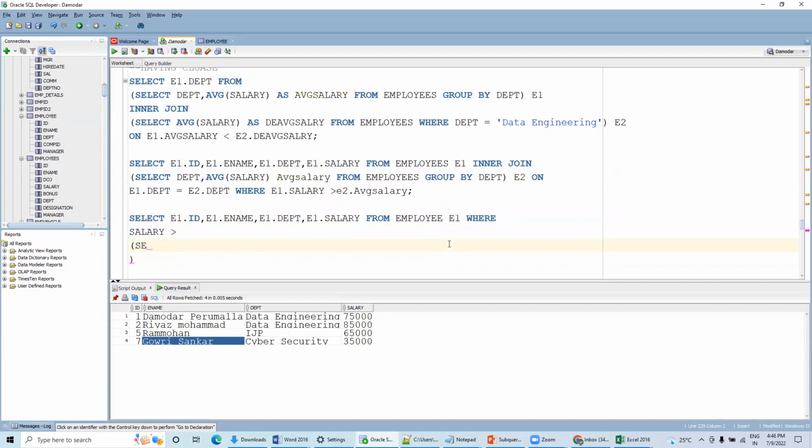Simply select the average salary from employee E2,